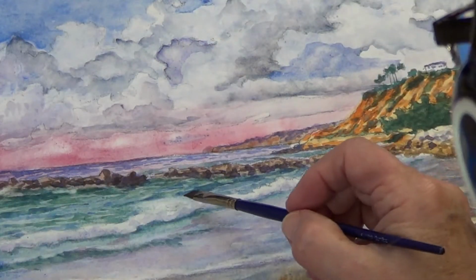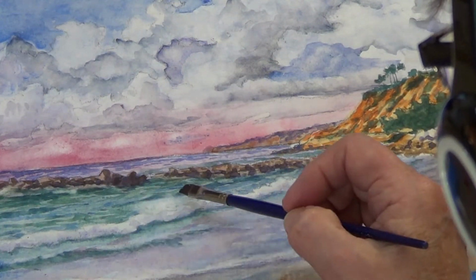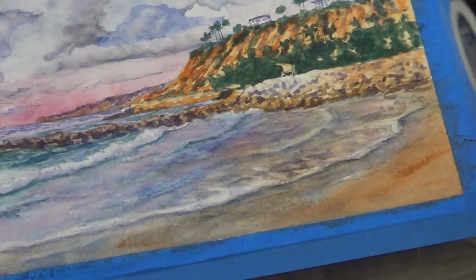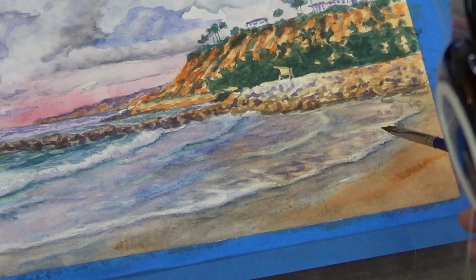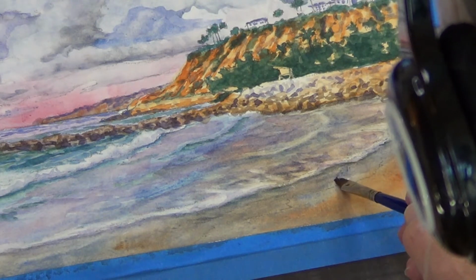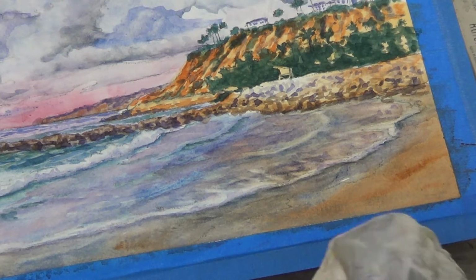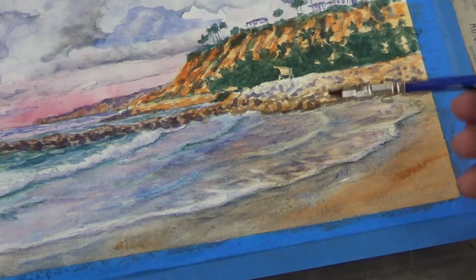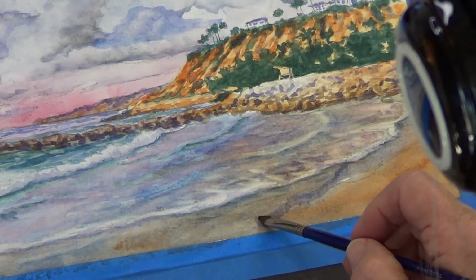I'll come back in with a little bit of water type color and fill that in a little bit. And then there's also ripples. You'll see them up on shore. They may not have any foam to them. Some of these do, but ripples, you can just suggest. This is that same ultramarine blue and alizarin crimson I've been using, but you can use the green. I'm just remixing the color, and you'll see how the ripples, just their waves of water, is starting to go back into the